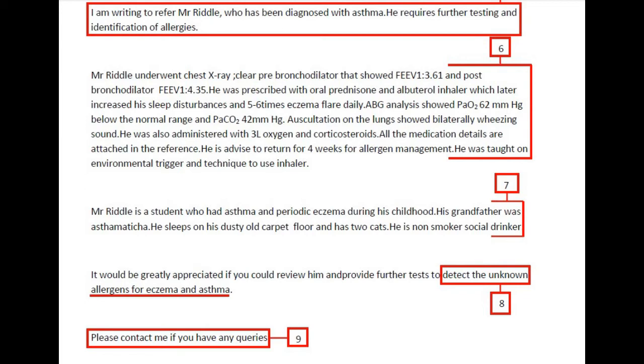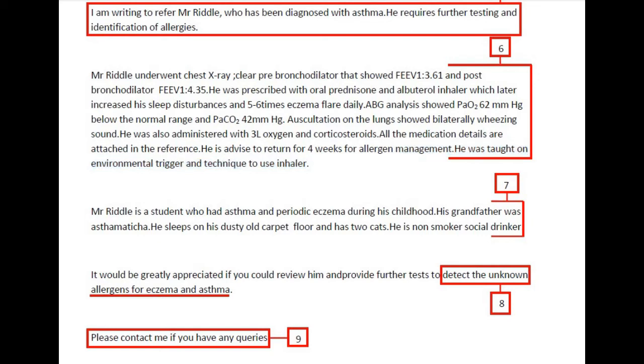And then you can mention the kind of person he is, that he is a known smoker but a social drinker. The writer should also include some more information regarding the things he obtained during the hospital stay in this paragraph, which means Mr. Riddle has been educated about the triggering factors and he was taught how to manage them, which can be seen as the last sentence of the letter. You can omit all the information given in the second paragraph except the last sentence because all these informations are irrelevant.